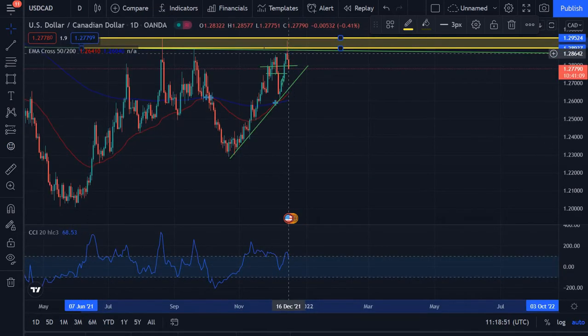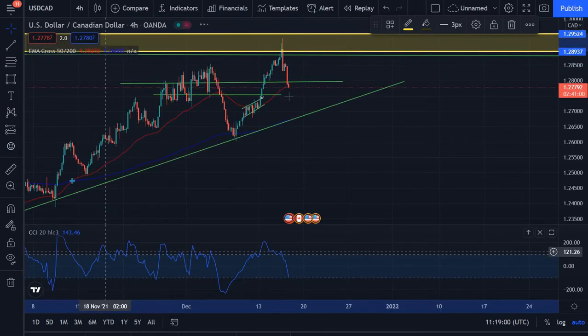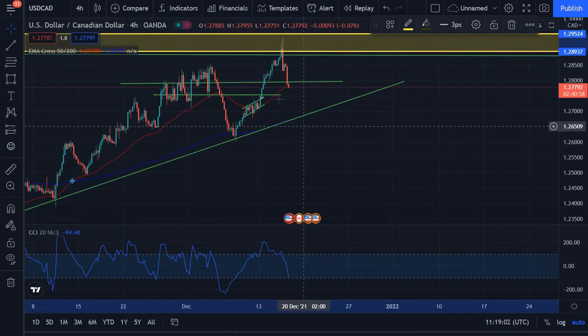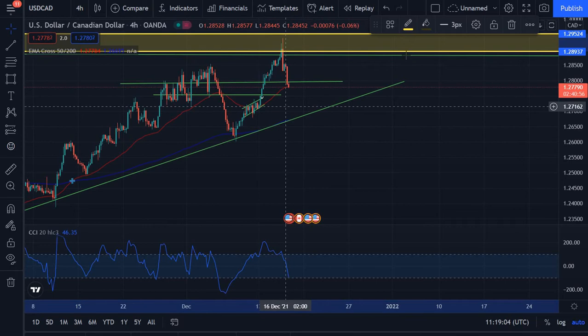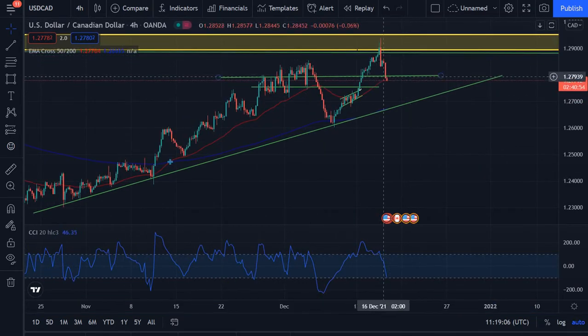And here it looks like we will get rejected again and head lower. We saw this big red candlestick on the daily yesterday with the push to the downside. So we are still heading